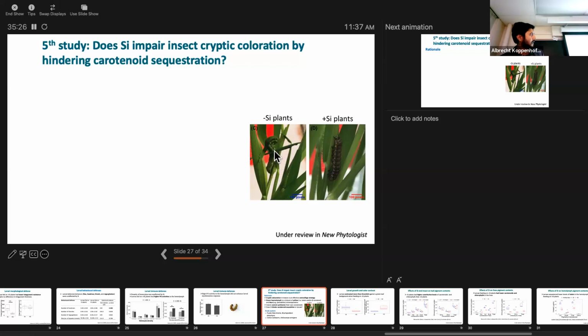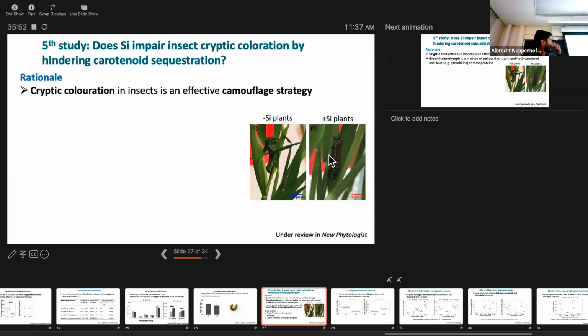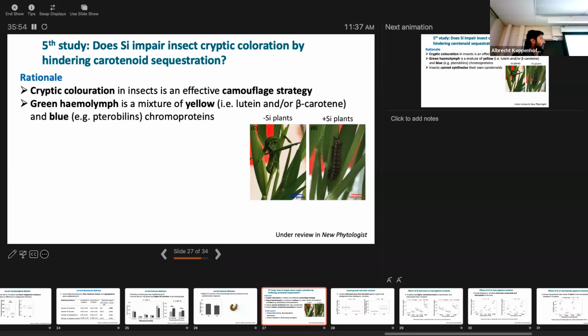So this is basically a kind of cryptic coloration. They are hiding, blending into their leaf background. So this is also an anti-predator defense. In this experiment, we tried to look at why these larvae are turning green and why they are black or brown colored. Cryptic coloration in insects is an effective camouflage strategy, and this green coloration is actually caused by green hemolymph,